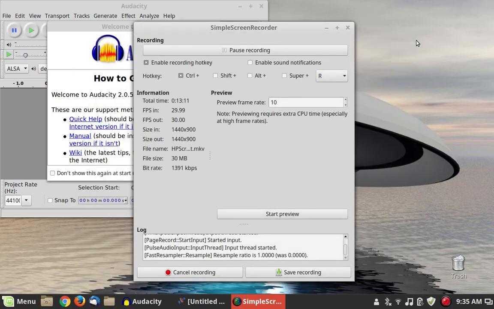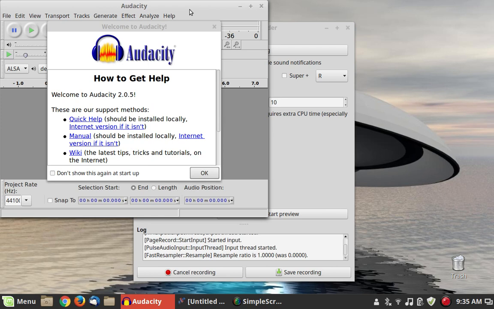VLC allows me to do some audio processing that Banshee won't do. So that's one of the reasons I've been using it lately. I like to have a little bit of compression on my music, make it a little smoother, and VLC has a nice built-in compressor. And if you don't know what that is, then don't worry about it, okay?